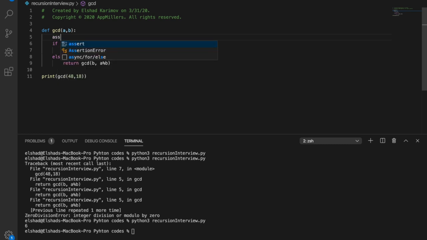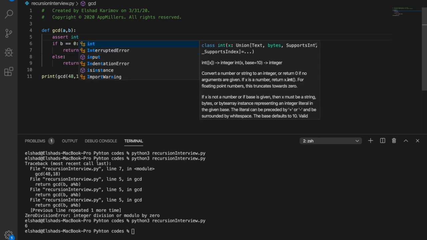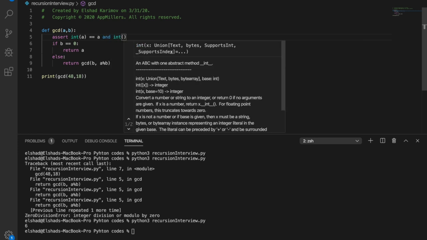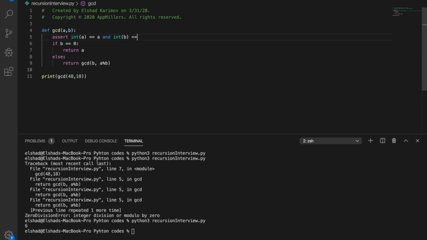Assert a equals a and b equals b. Here, otherwise I'll put that the numbers must be integers only. Okay,